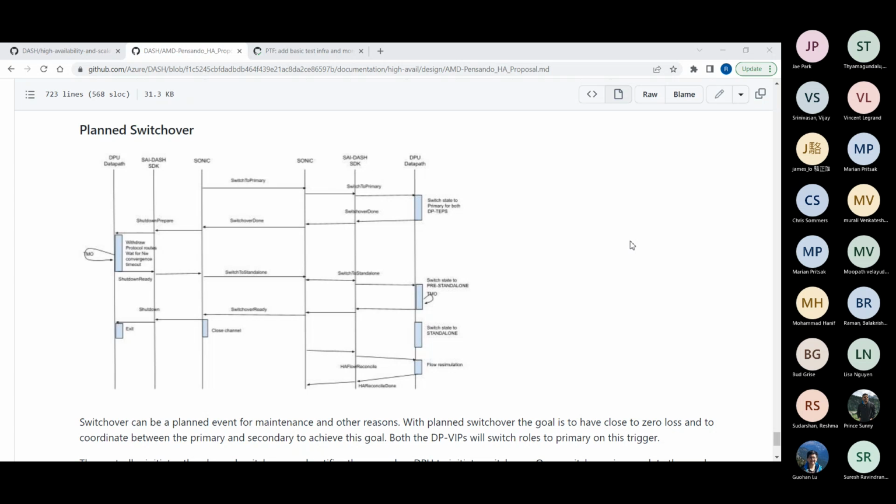to full standalone. But we want to distinguish that state from active because we don't want to be initiating any sync anymore. Whatever was there, we can receive, but any new flows that are coming, we don't want to sync them again to the peer. We don't want to continue syncing them to the peer, but we just want to accept any ACKs that are coming from whatever we had sent from the previous state. So that pre-standalone timeout is for that control plane flush to happen.